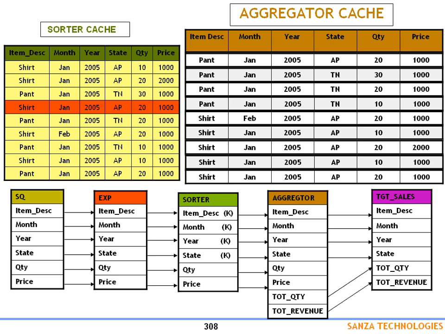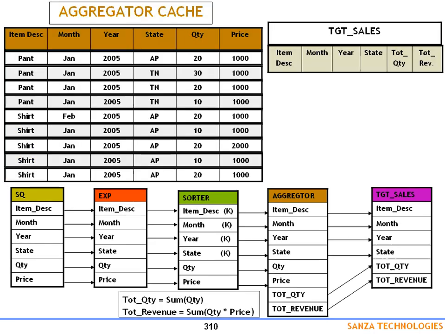So it has put all the data into the aggregator cache. Now what Informatica will do is, it will scan the cache. Based on your group by ports, first record it will scan, then checks the next record, not the same combination. So it will stop the scanning here itself. It will not go down, sends the output,